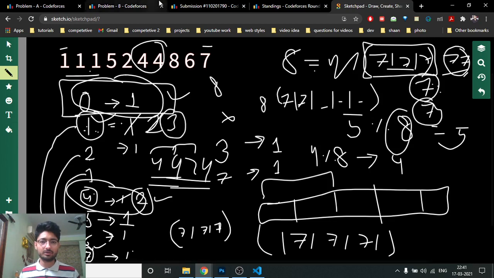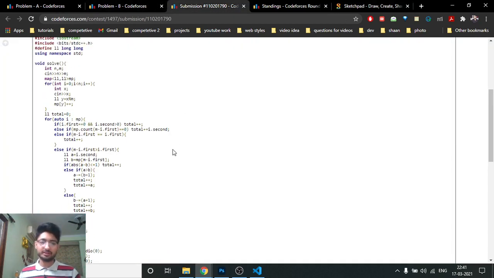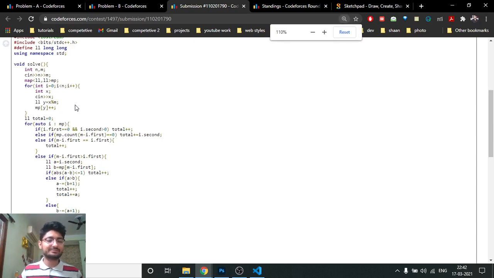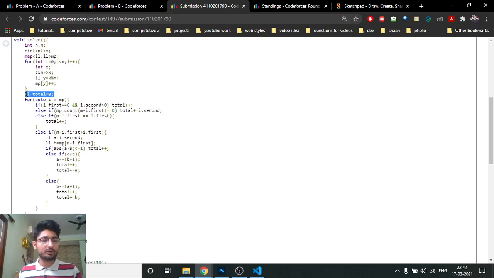We'll move down to the code part now, and if you have some problem, you can also see the code in the description. We are making a map to store the modulus counts. You can also make a frequency table like an array, but I have used a map, to store how many numbers there are for every modulus value. First, for every number x, find out its modulus value with m and increment that modulus value in the map with plus plus, so that we are finding the frequency of every number and whether the modulus value is present or not. Then total is the total number of arrays we have to form.